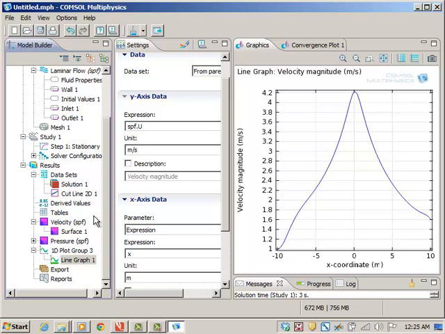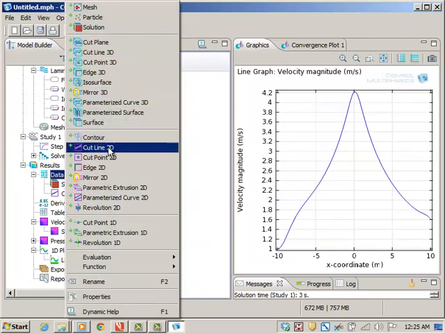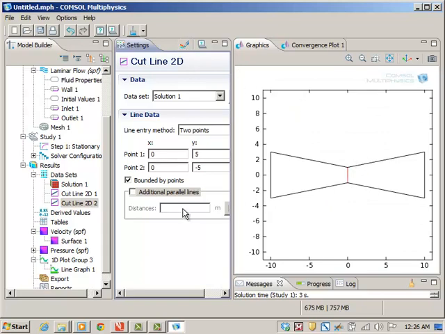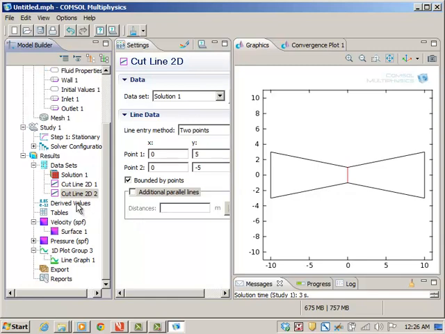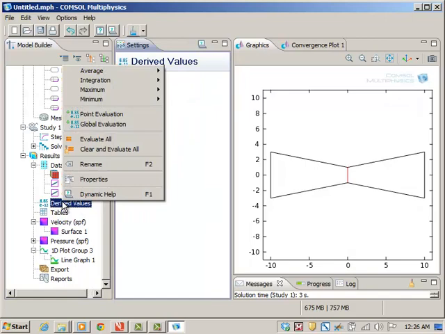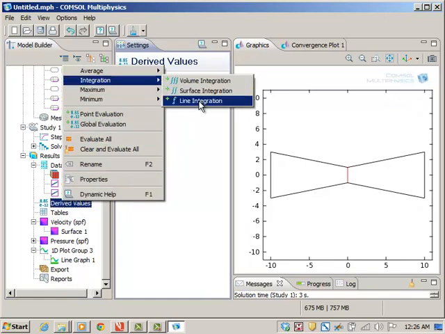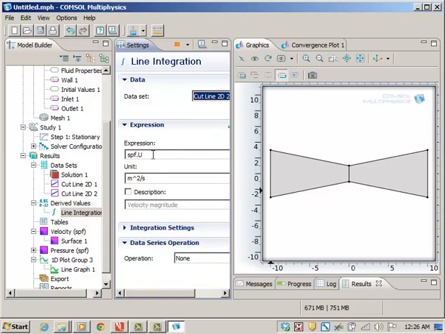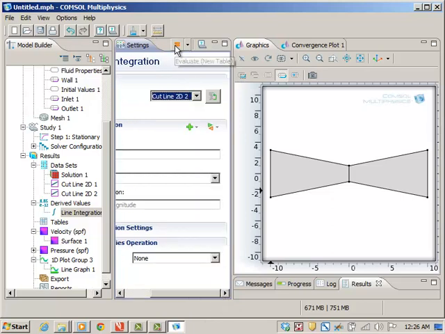For this, integration can also be done by defining a cut plane. So let's define a cut line in this case. It's a 2D case, so for the cut line, let's define a cross section at x is equal to 0 and y going from say 5 to -5, and let's see this. So this is the line in the center, and at this line right click the derived value and you want to perform a line integration. In this, select this cut line 2D and you want to integrate the spf.U expression for your magnitude. So if you select this and say calculate,